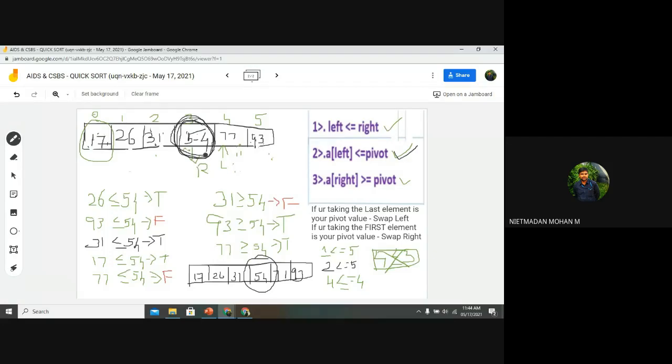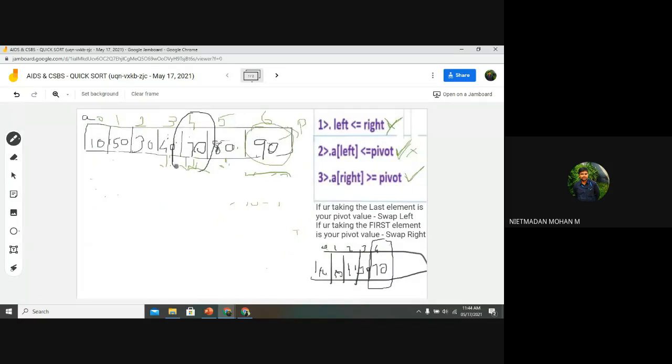Are we clear about this? Now, we are finding the pivot value, and we have placed the pivot value in its exact position. On the left hand side of the pivot value are the smaller numbers, and on the right hand side of the pivot are the larger numbers. We have identified that. Then we go with the recursive function. If you understand this concept, then the recursive function will be very easy. Then what will happen now? These numbers: 10, 50, 30, and 40. And here 80 and 90.